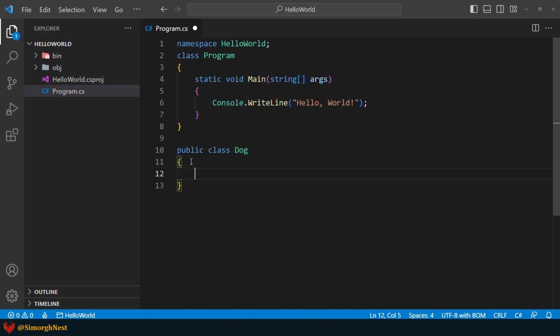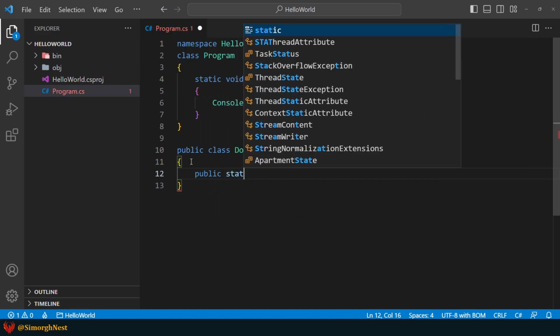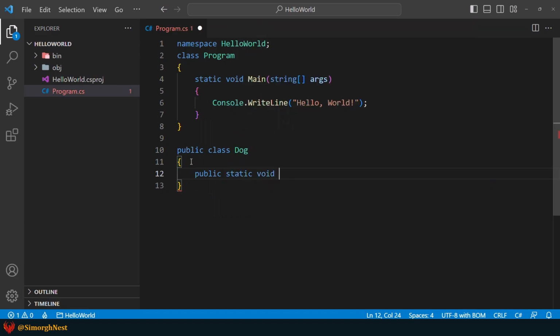Now, let's talk about methods in C#. Each class has some data members and methods are a kind of these members. So let's show you how to declare a method in the dog class. Between these curly braces, we go for public static void and method name.